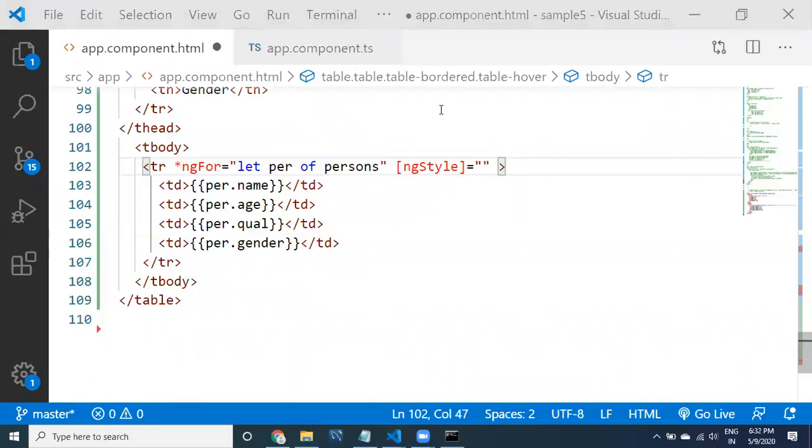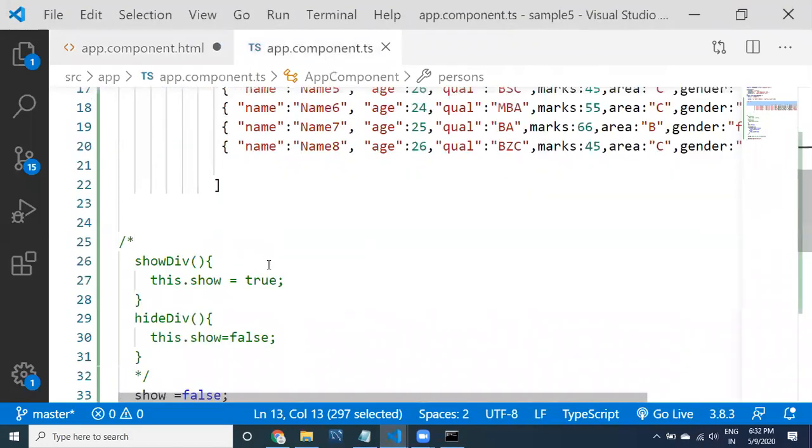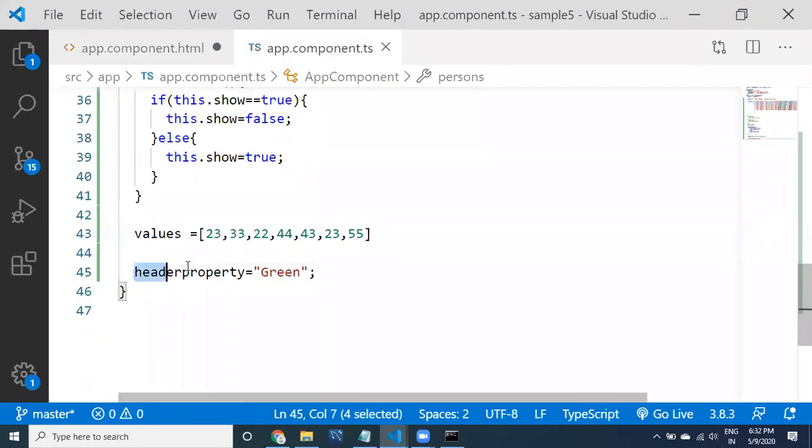Simply see here, guys, how you have taken a normal property, just a simple property, and then you have applied green, that's it. Somebody asked me how we have declared this one. This is how we have declared: normally, a simple string property.